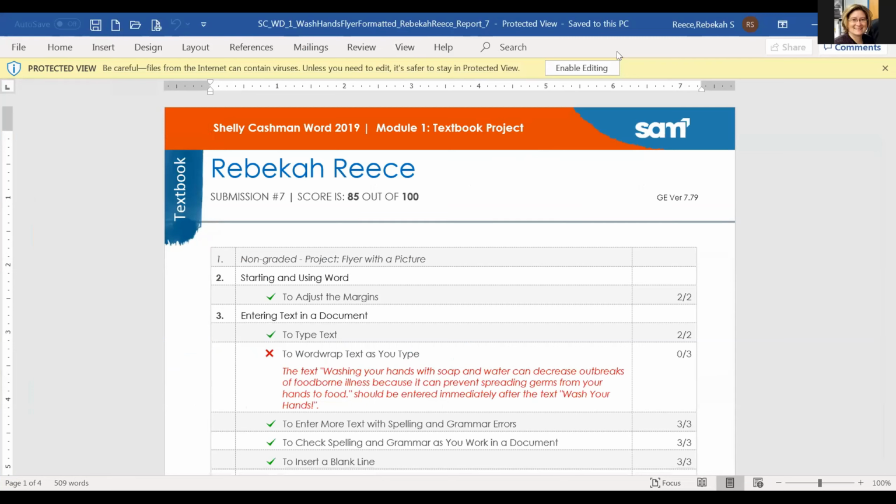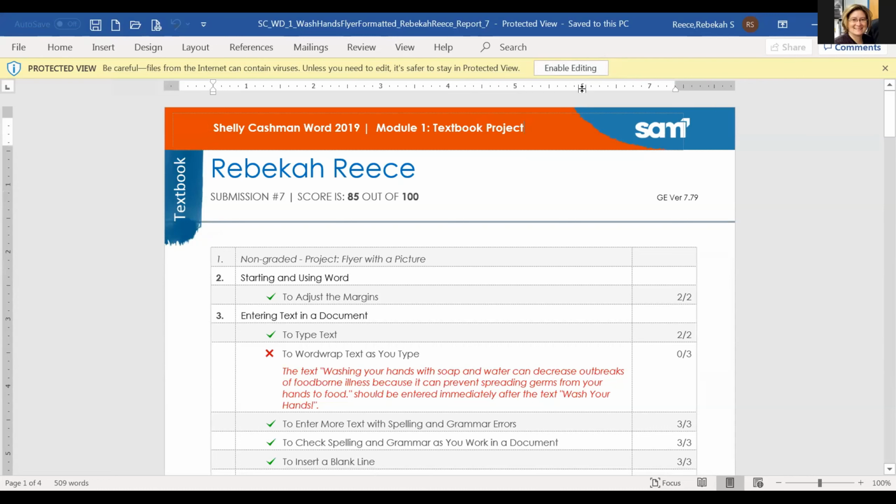Okay, so here's your report. I would suggest not to do the enable editing. That will just help in identifying which document you're working with, because what you're going to do is you're going to have your Word document opened up that you just created and submitted, and then you'll be going back and forth between it and this